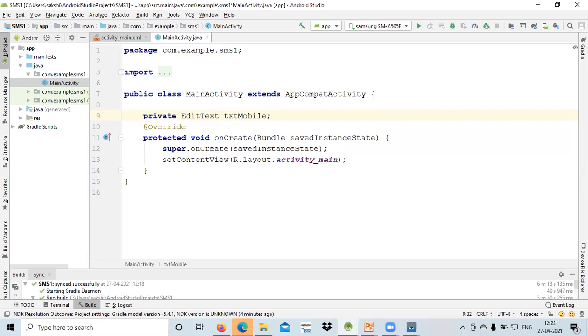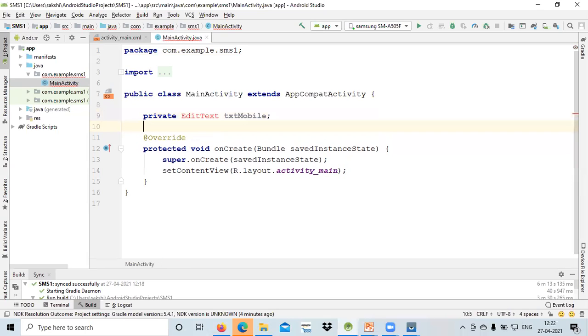Text mobile is there. Next I will be using another edit text over here, and I just give that name text message.